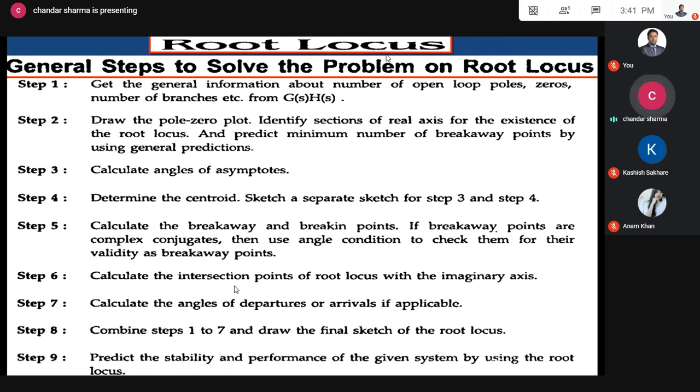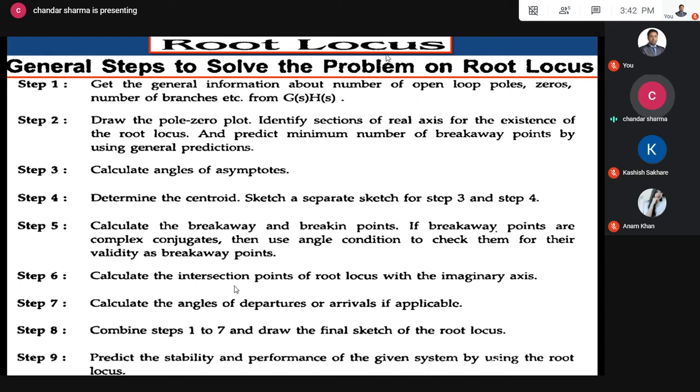Then after that we have to find breakaway point or break-in point. The point of the root locus where multiple roots or roots of higher order than one of the characteristic equation are found are called the breakaway point of the root locus. Okay, the breakaway point can be found by using the equation d/ds of G(s)H(s) equals to 0. However, it may be noted that all the solutions of this equation are not necessarily breakaway points. कौन सा पॉइंट ब्रेकअवे का रहेगा? जो रूट लोकस पे रहेगा. ओके, so this is all the general steps to sketch the root locus.